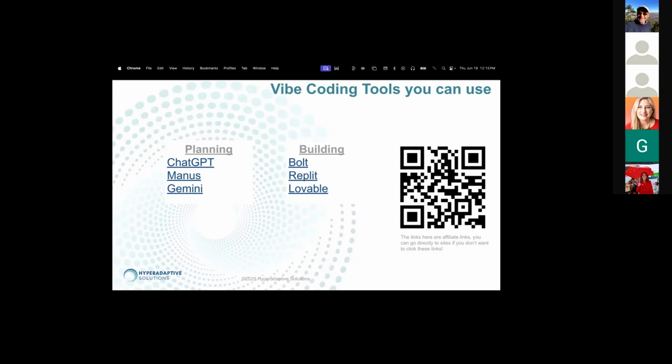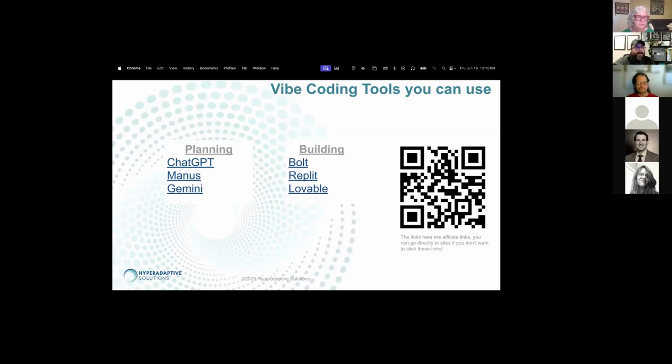For building, Bolt.new is a great intro level tool, which we'll use today. It's really nice at creating UIs and getting you set up for exactly what you need. Melissa, you talked about prototyping. I've actually used Bolt to create an entire mock UI for a project that I then pitched and got a contract for building out the rest of the product. And it was able to make the UI completely interactive without building out any of the backend. So no database, no storage, just a click through UI. So I didn't even have to design it. And it was able to be like, I can take that and wire it up right away.